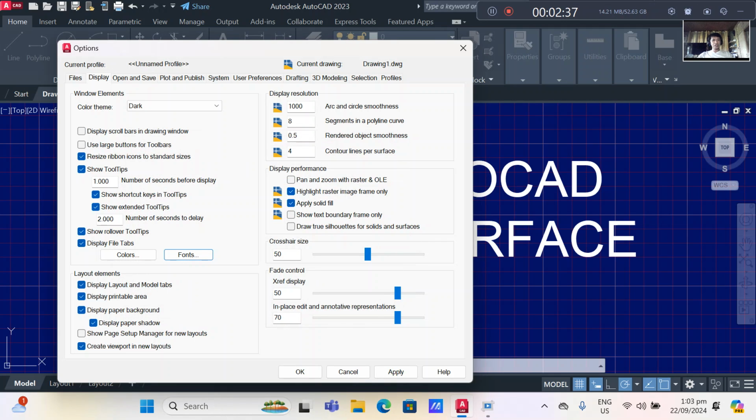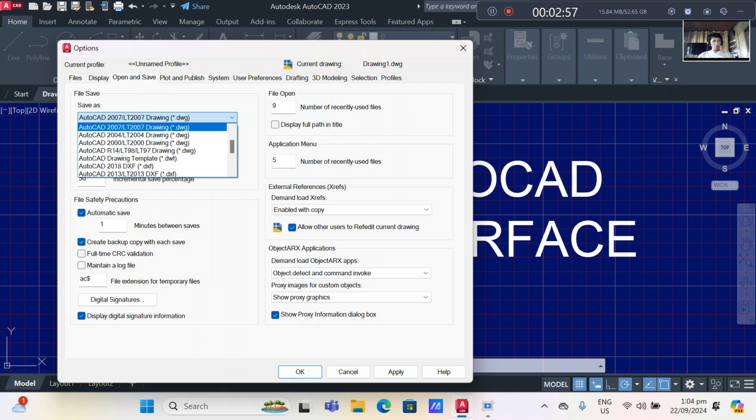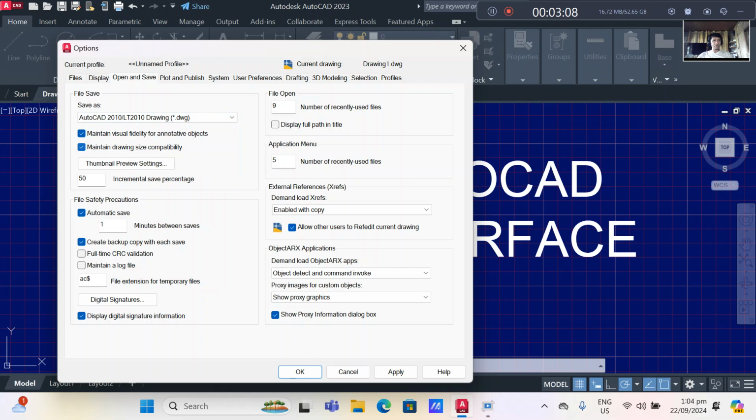Now let's go also to change the open and save settings. In the open and save settings, there is a file save here where it will tell you the versions of AutoCAD that will open the file. This time I want 2010 version to open the file of my 2023 AutoCAD version.